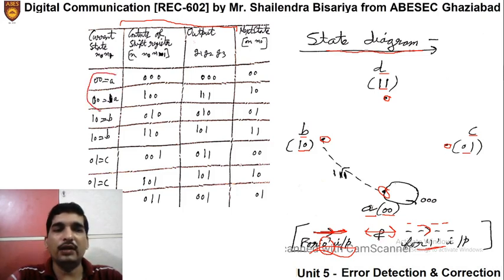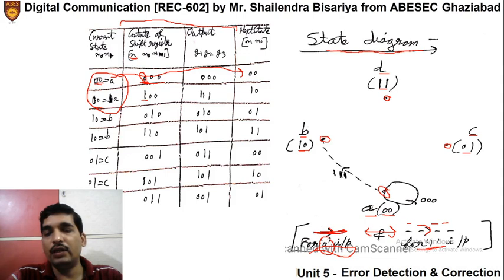Keeping this in mind, now let us start with the initial state. We have already discussed that the initial state is A, since the initial contents of the register are 0 0. So if the current input is 0 and if the current input is 1, what will happen? Again we are repeating the same thing as we discussed in the code tree or trellis diagram. If the input is 0 and the state is 0 0, from state A it will remain in the same state A. And how will we represent it? With the help of a dark line.